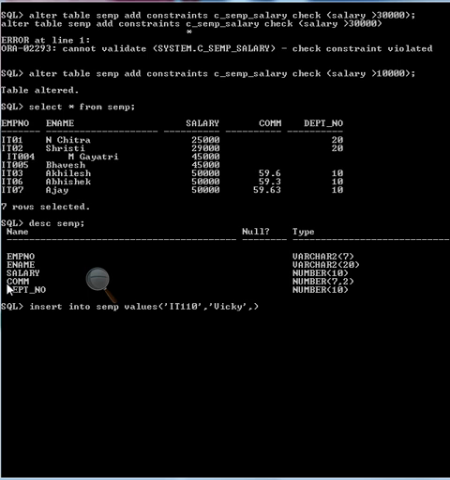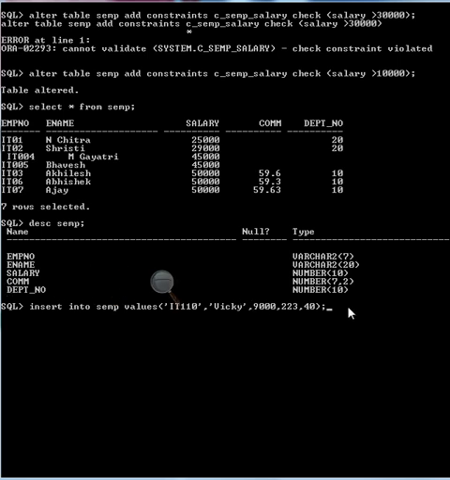Okay, salary is suppose 9,000. Okay, and commission number 223. Okay, and department number, suppose take department number as 40. Okay, and try to insert the value.